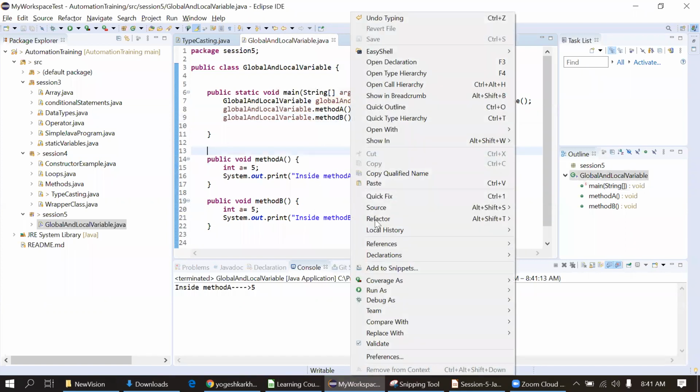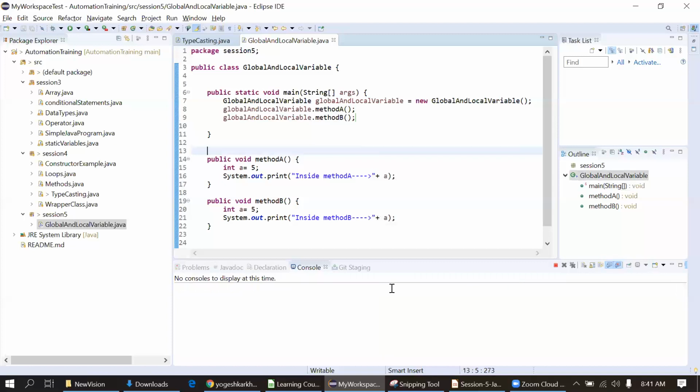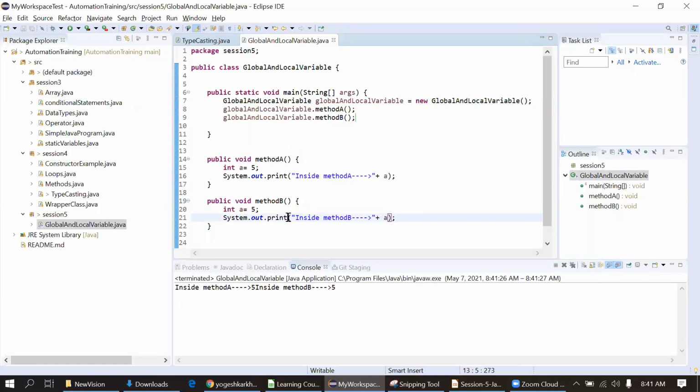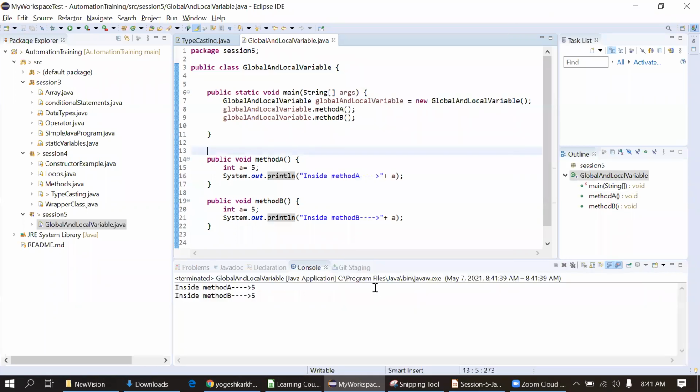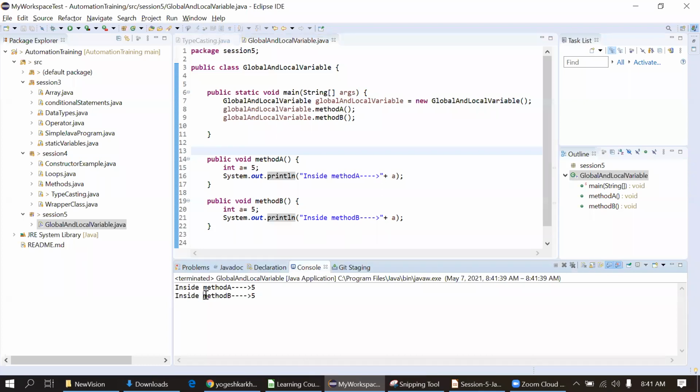Now I'll execute this. So that is a disadvantage of not using println. It is printing in the same line only. So I will just use println, but the output is correct. Inside method a we are getting 5. Inside method b we are getting 5 again.